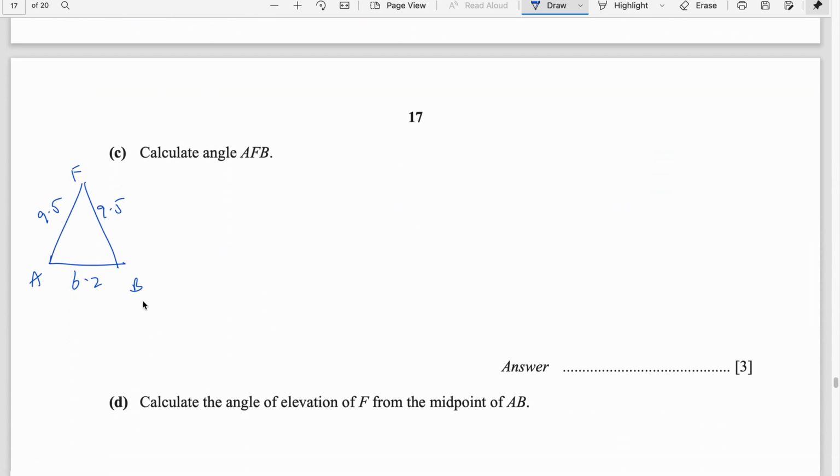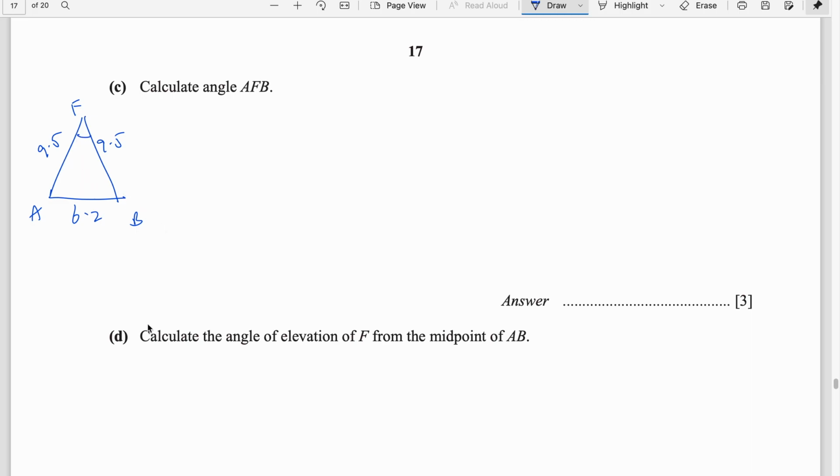6.2. We can use cosine rule to find this. So the general formula is a square is equal to b square plus c square minus 2bc cos of A. So when we start with 6.2,